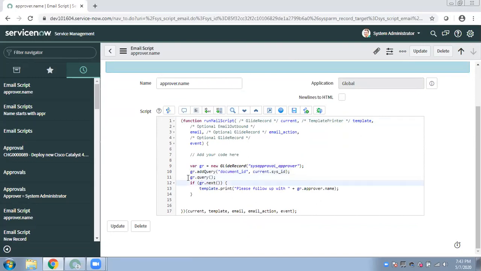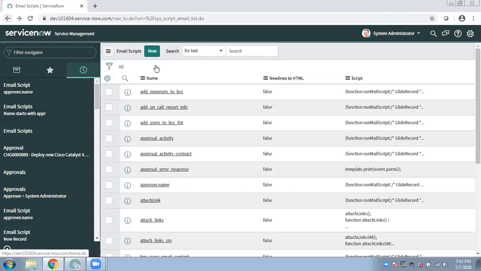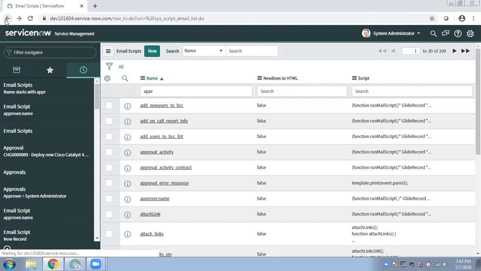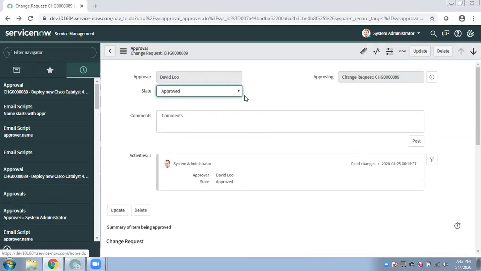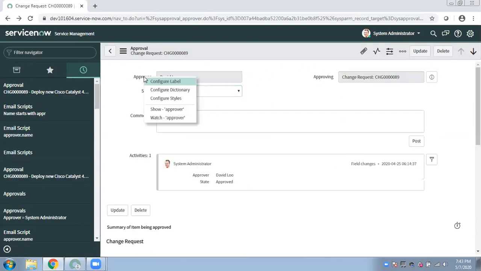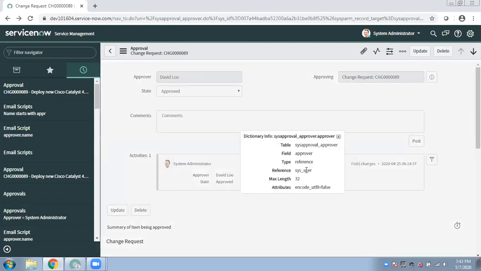Now we got the object of that particular record, and then we are getting the approver name. If we got this record, there is a field called approver, right? So we are just printing this field in the email, nothing else we are doing.